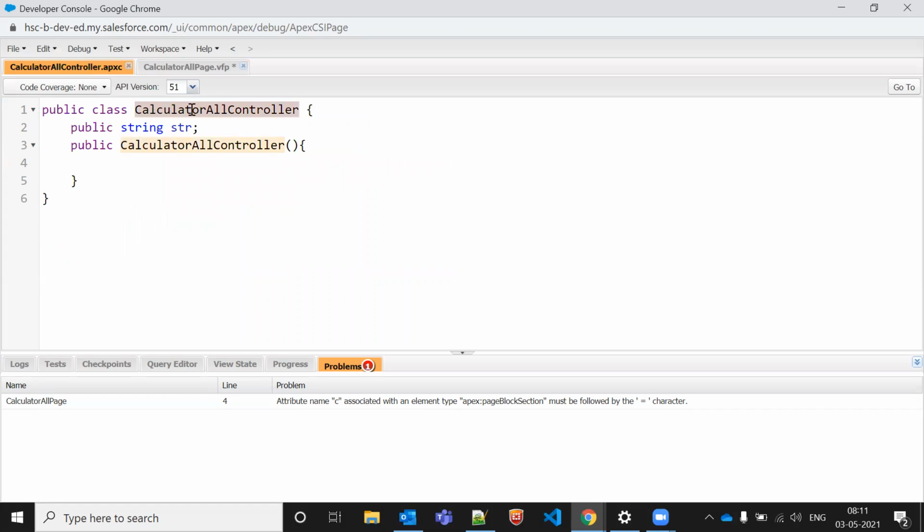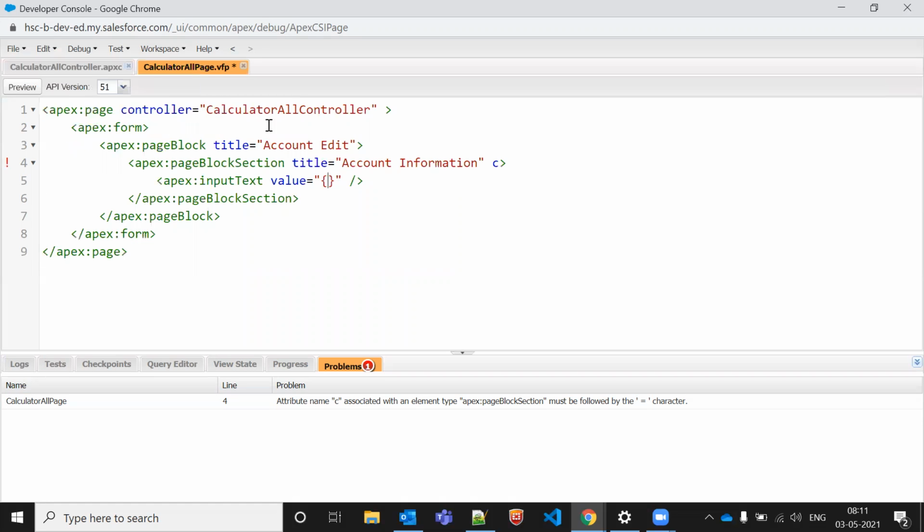We passed the Apex class name directly, but how do we pass a variable's name? It might be a string, integer, anything. So I'm copying the name of str and going there. If you want to pass any variable from the controller side to the Visual Force page, every time you have to use curly braces. This is a formula expression. It means this is my call from the Apex class only. It doesn't mean a variable is internally created anywhere. So you can say name here.